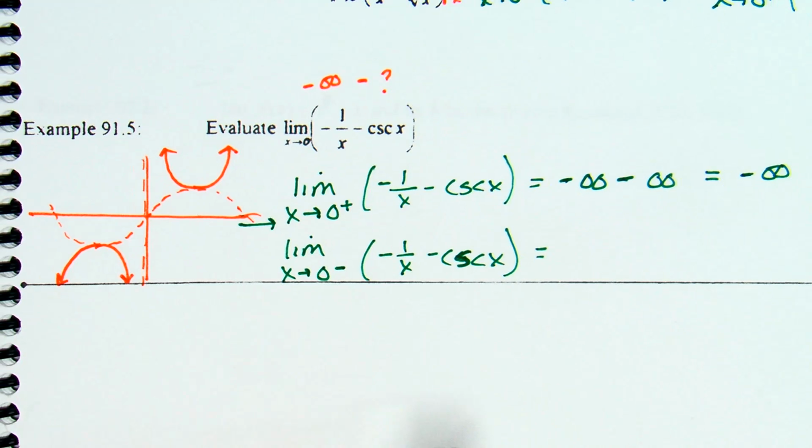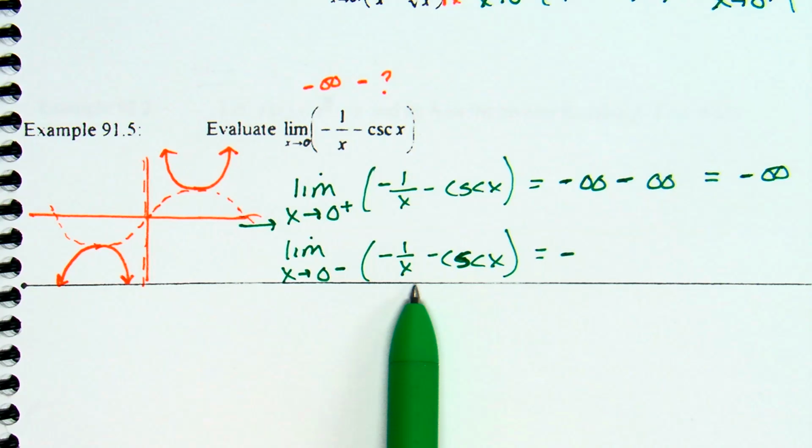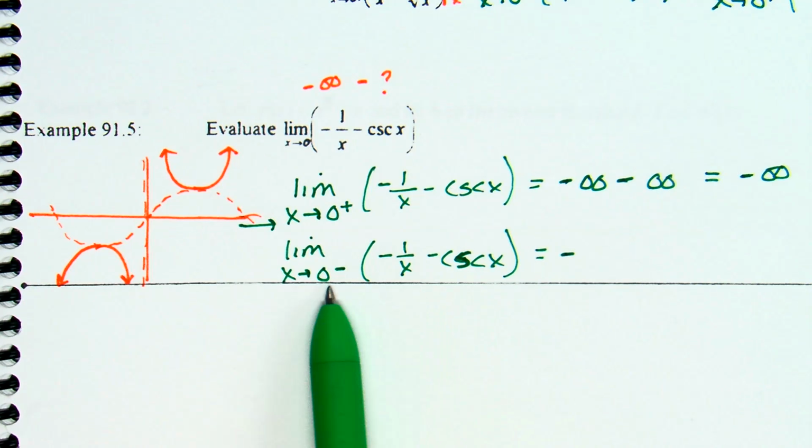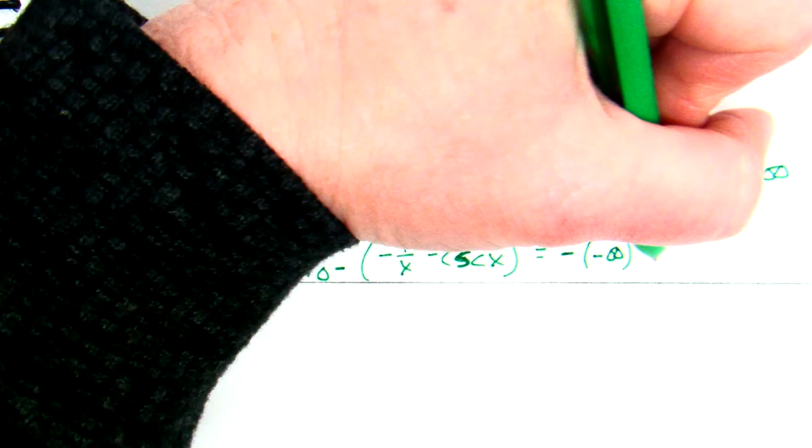Now consider this from the left. It's the negative of 1 over x. So the negative of 1 over negative values. 1 over negative values is going to approach what? Well, it's going to approach negative infinity, but the negative out front, okay, yes. So the negative of negative infinity, which does turn around and make it positive infinity. Okay, minus